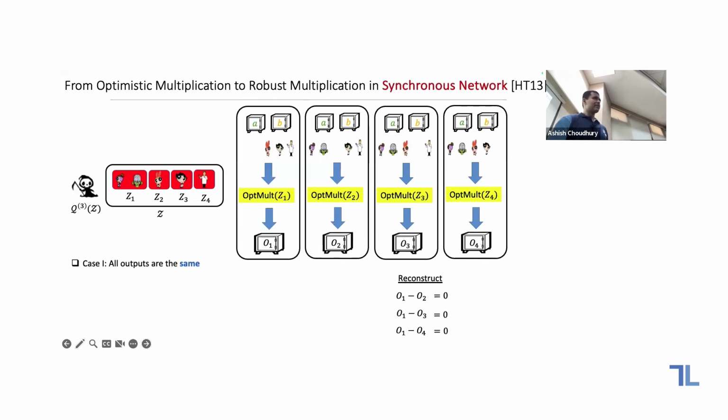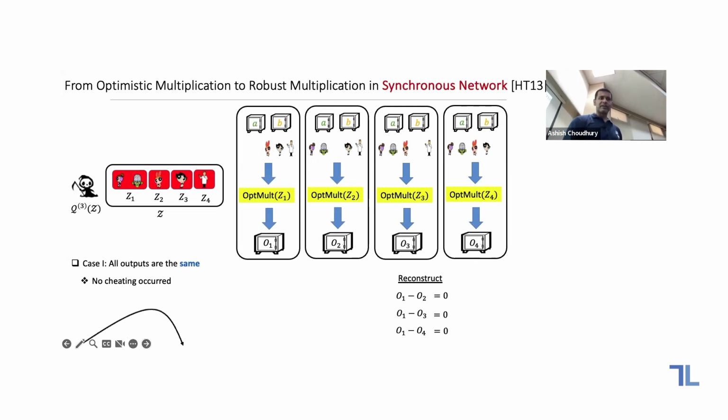There could be two cases. In case one, all the differences are zero. That's good. That means no cheating has occurred in any of these optimistic multiplication instances. Why? Because one of the instances is actually the correct outcome, where you have actually thrown away the actual subset which has been corrupt. You don't know which of those instances is the right one, but you know that no